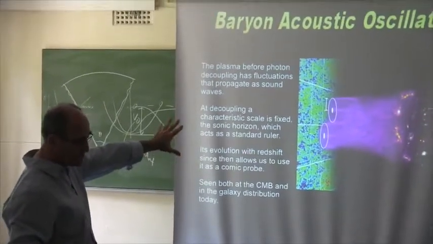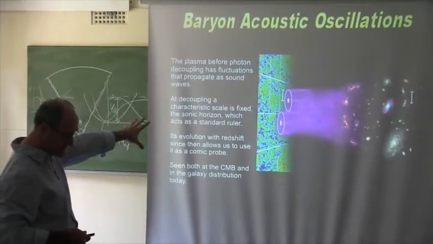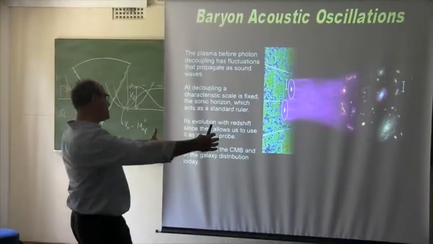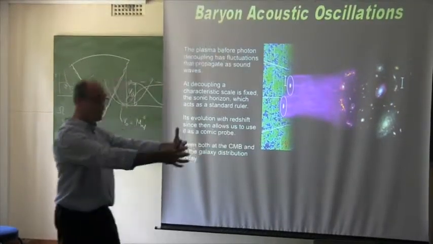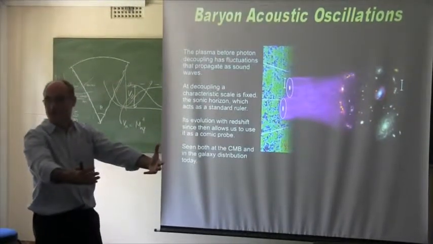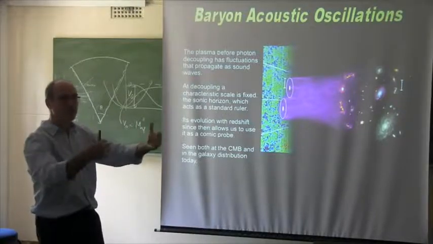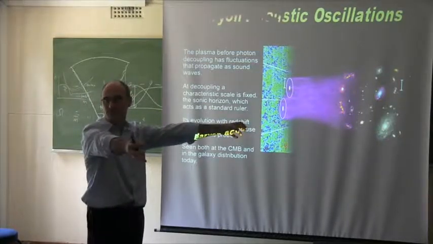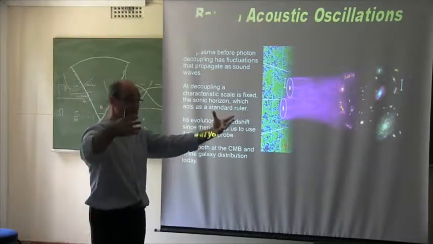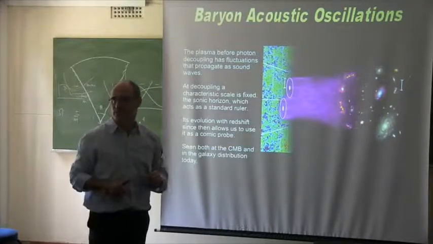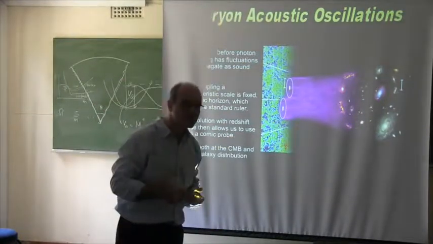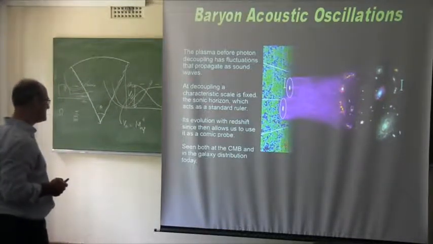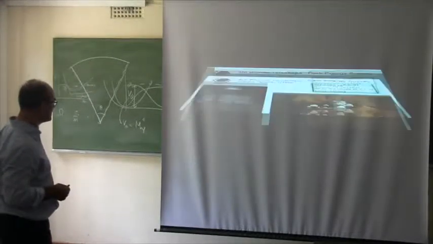Also, I didn't mention here, not just the correlation function of clusters, but also of voids. Because in voids, you've lost galaxies. Galaxies have gone to the sheets and to the filaments. They're no longer there. So most of the voids is full of dark energy, not dark matter. So that's a natural way to segregate dark matter from dark energy. If you look at the correlation function of clusters, the correlation function of voids, the shapes of voids, and the rate at which those voids increase, you will have some insight into the character of dark energy, rather than that of dark matter. It's something which I am leading in the Dark Energy Survey and in those efforts.